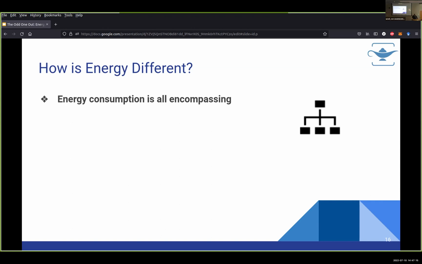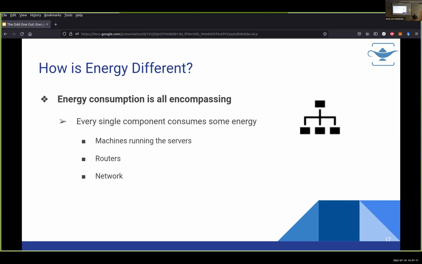Energy consumption is all encompassing. What that means is that every single component in a system consumes some energy. This means that the machines running the servers consume energy. The routers that are routing the packets consume energy. The network cables that are responsible for taking your request from one place to